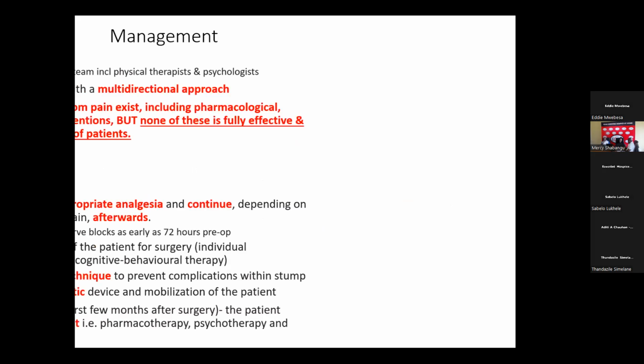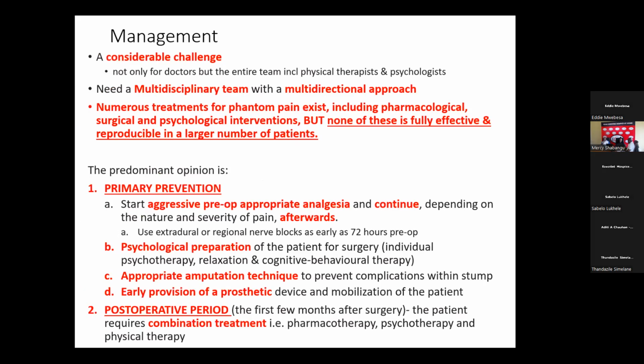So how do we manage? The phantom phenomenon is a real challenge, both to the interdisciplinary team and to all people who are involved, right from the surgeon to the physiotherapists to the psychologists, psychotherapists. It is not easy. When you look at the literature,